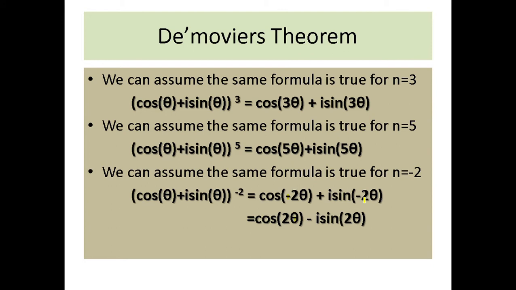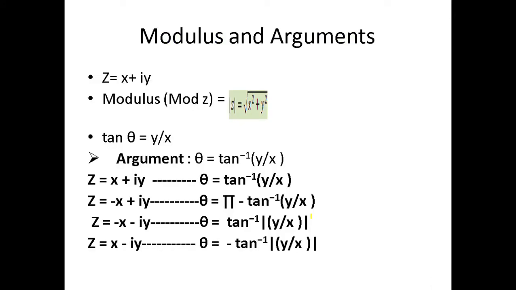Then what is modulus and what is argument? In complex system, like 2D and 3D, if I have a two-dimensional form then i and j, and in three directions i, j and k. So z is equal to x plus iy, and if I find the modulus, mod z equals under root x square plus y square. This is the formula of modulus. Mod z equals under root x square plus y square.